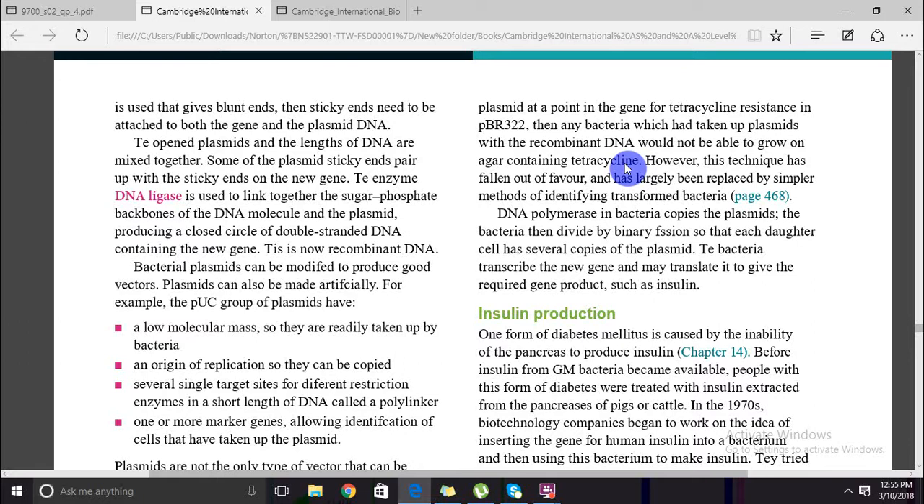We know this. And because these plasmids have an origin of replication, they can replicate by themselves irrespective of the cell. And because they have a region called a polylinker, which is basically a short length of DNA where several single target sites for different restriction enzymes are present, and because they have one or more marker genes, which are often antibiotic resistance genes. Two other great things is that we can make plasmids artificially